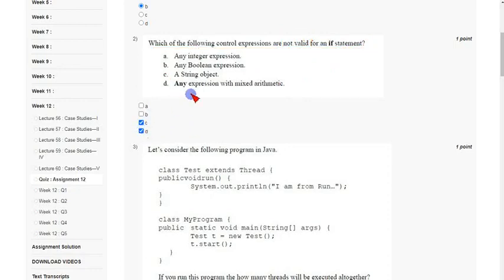Coming to the third question, let's consider the following program in Java. Here class test extends thread and has a public void run method, and my program is in another class.